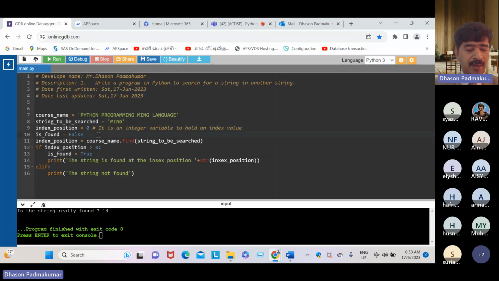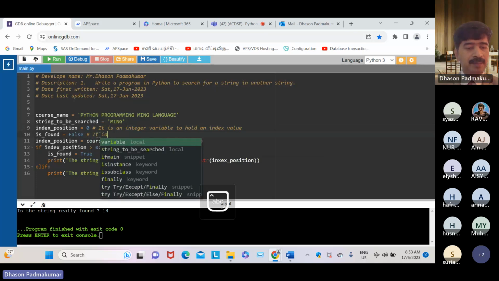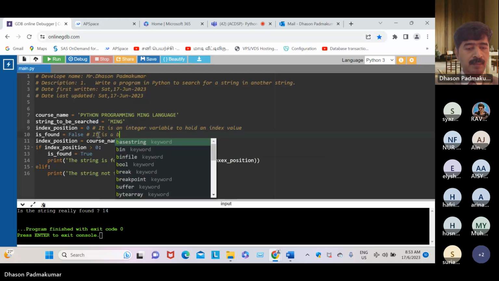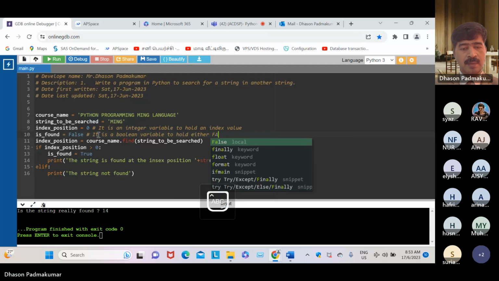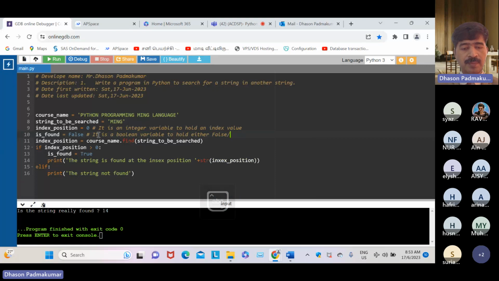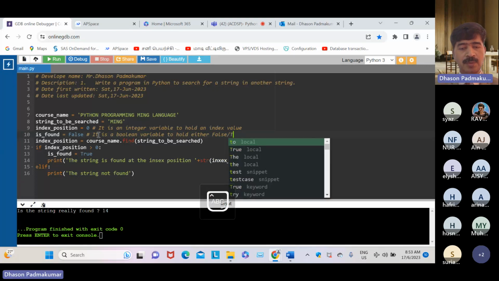It is a boolean. Okay, dear student, it is a boolean variable to hold either false or true.